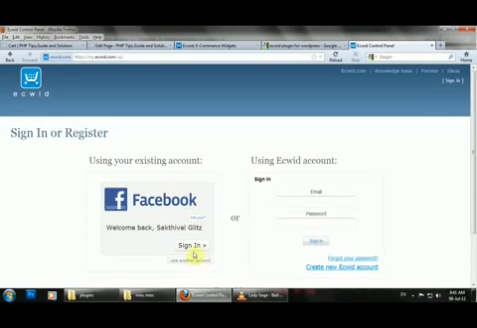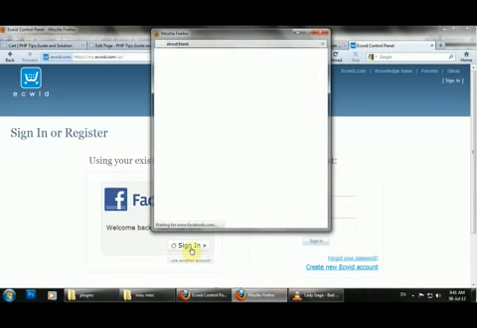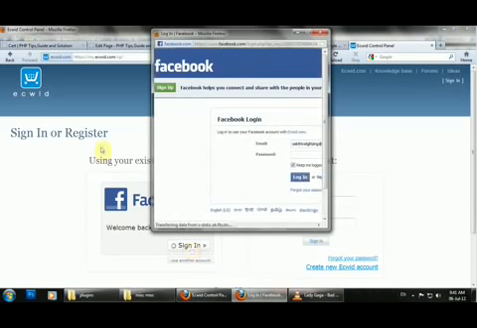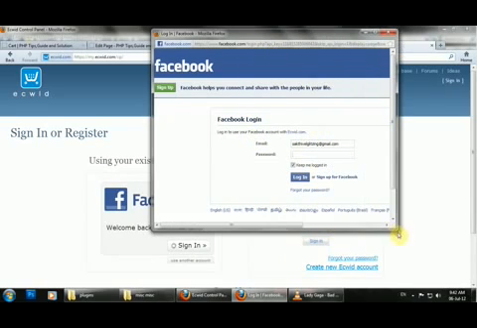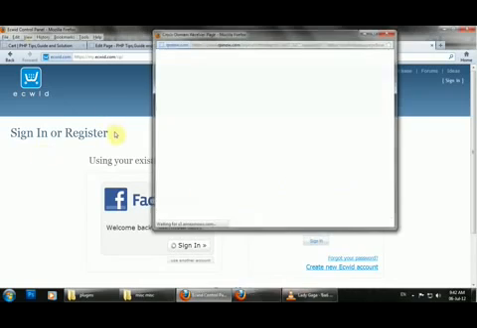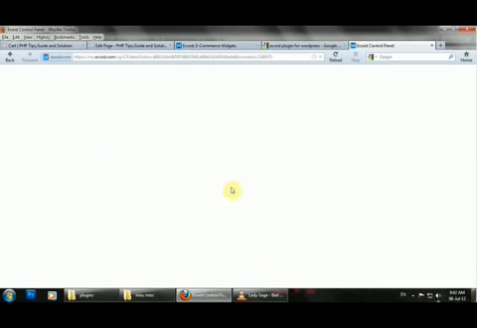You use your Facebook username and password and sign in. It's signed in.